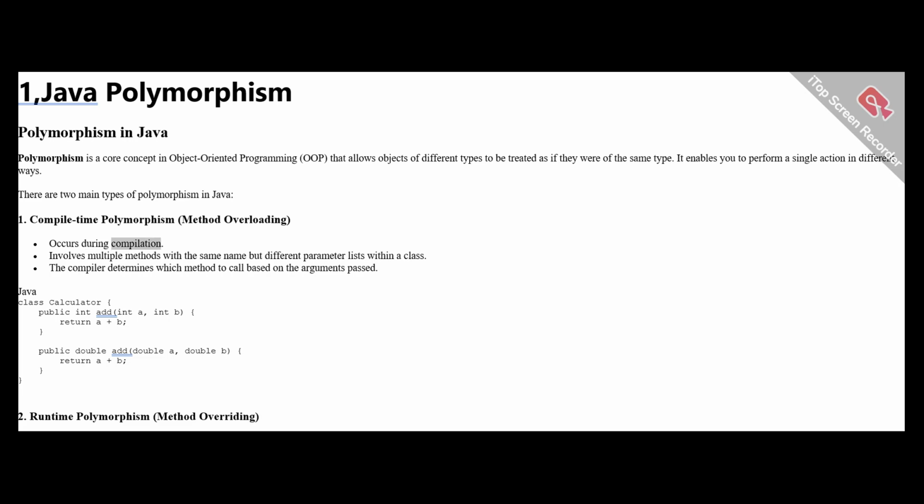Occurs during compilation. Involves multiple methods with the same name but different parameter lists within a class. The compiler determines which method to call based on the arguments passed. Java. Class Calculator. Public int add(int a, int b) { return a + b; } Public double add(double a, double b) { return a + b; }